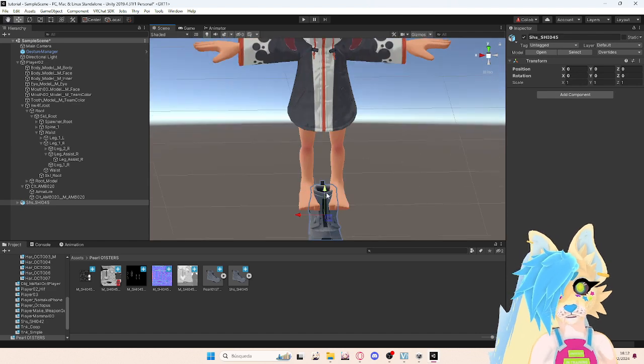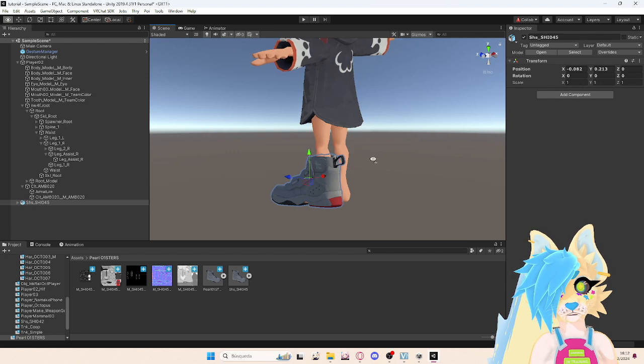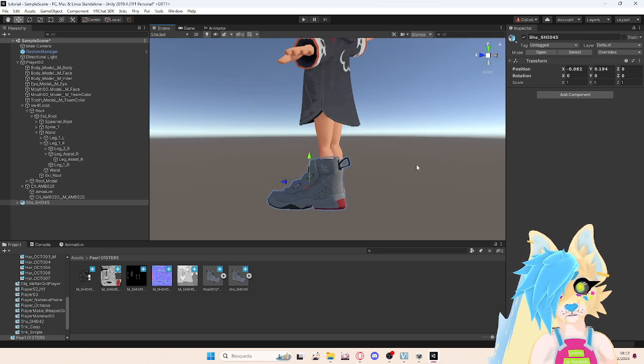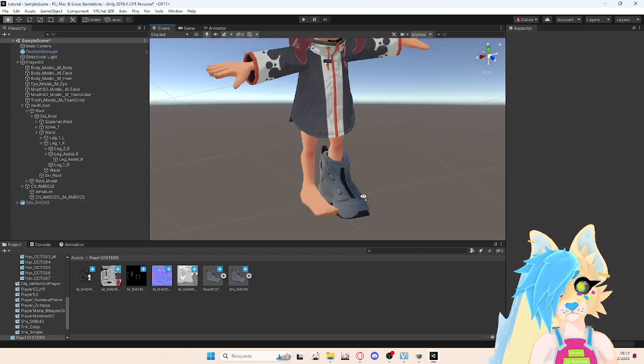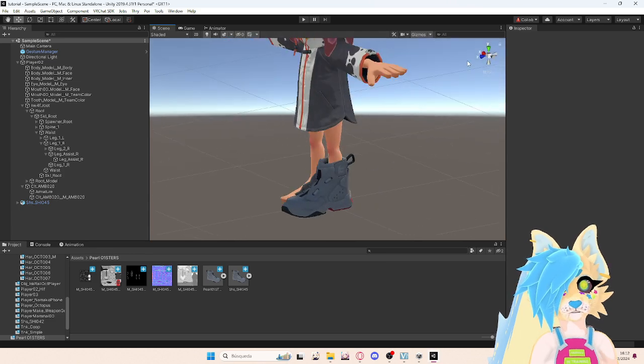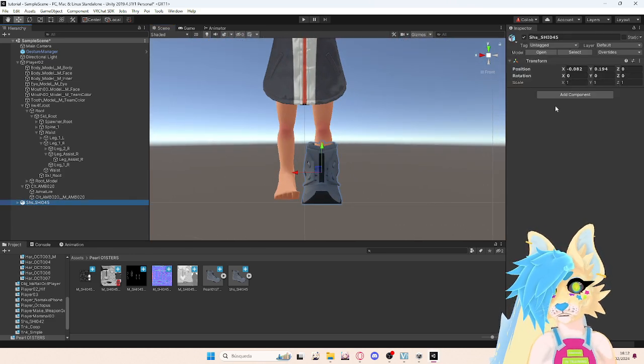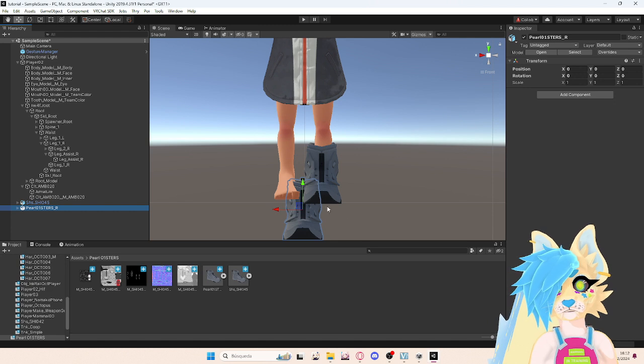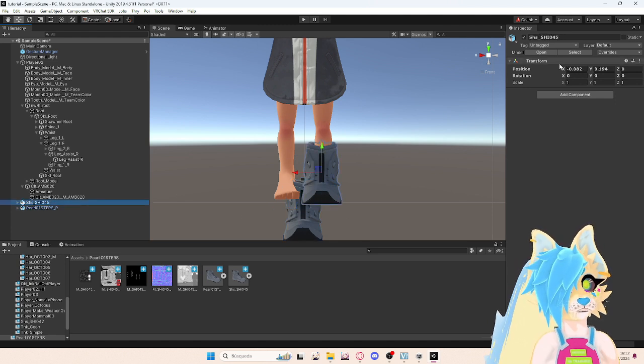So we're just gonna fit it into the foot, like this. So just make sure it looks good from all angles, from the bottom, from the top. It looks all good. Now, we're gonna put in our right one, and then we're gonna go back to the